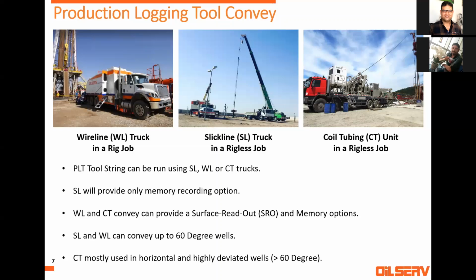CT or coiled tubing has two options to run the logging tool. Either it's run blindly, like slickline, meaning on memory, or there is another, newer option called e-coil, which gets the data on the surface in real time like the wireline unit. The e-coil is a super expensive option, but sometimes some companies are willing to pay because in a horizontal well there may be too much risk of losing the tool, so they prefer to keep watching what's happening down there.